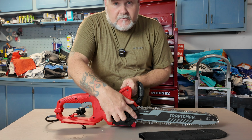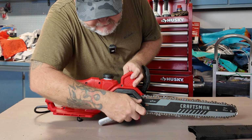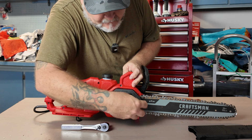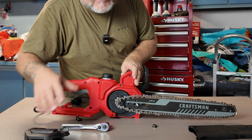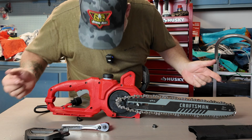First thing you're going to want to do is take off this front piece right here. You take a 1/2 inch and this should start loosening up. Say, okay, let's loosen that up. You take that off, set it to the side. Now, you look at it and say, wow, this is like off the track. Well,